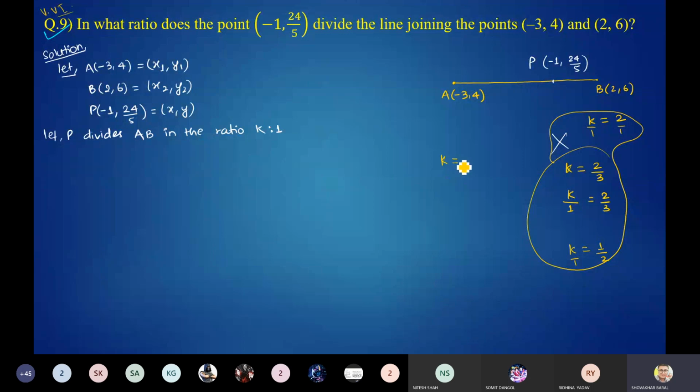Suppose you find the value of k is -2/3. It can come out negative. If you find this ratio -2/3, then the ratio will be an external ratio. The point divides the line externally, so the ratio will be k:1 equals 2:3, and in brackets you can write externally. Please remember these things. I may repeat later also, but you need to keep these in mind if the ratio is negative. If the question clearly says find the ratio,